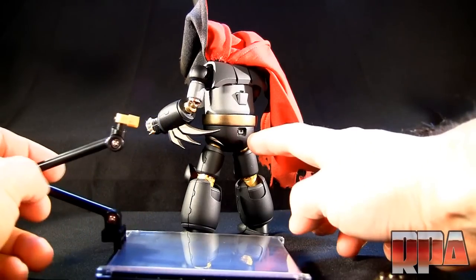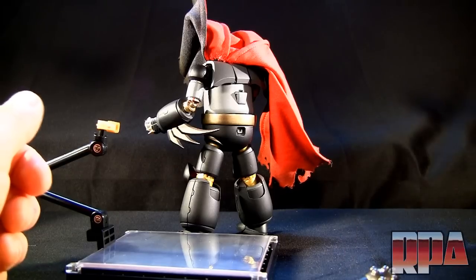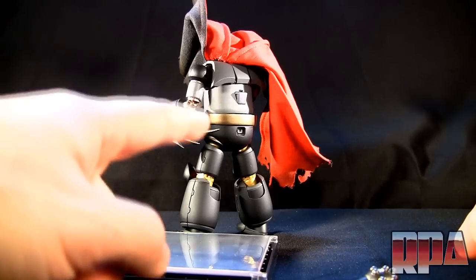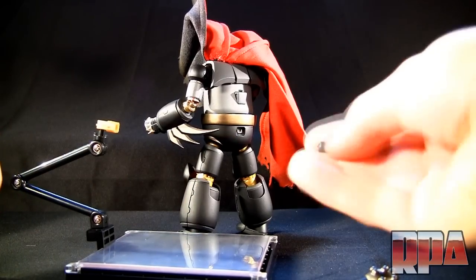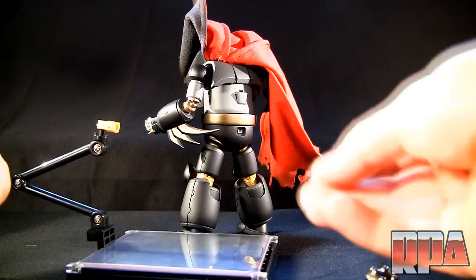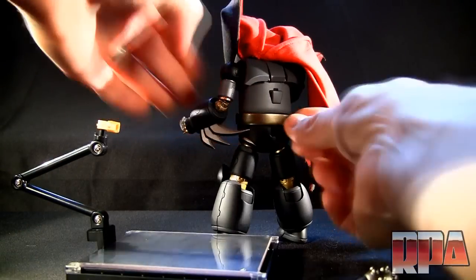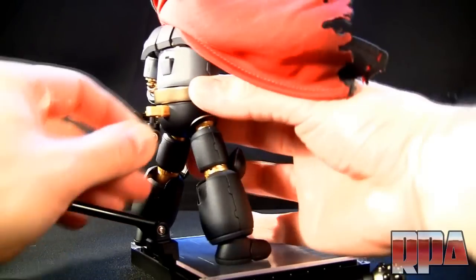And you notice the figure back here on his butt has an opening. That opening is actually not supposed to be there when you first get the figure. When I took mine out, it was missing that piece. So I went crazy looking for it, and it turns out it was in the box, stuck to a piece of tape. So be careful with that. It does come with a plug. Alright, so you would take it out of there just like that,